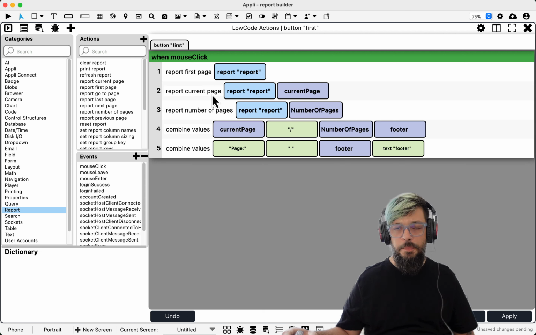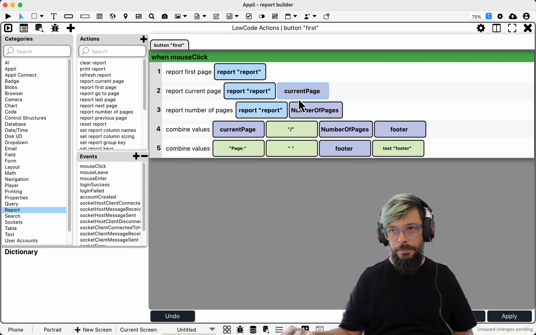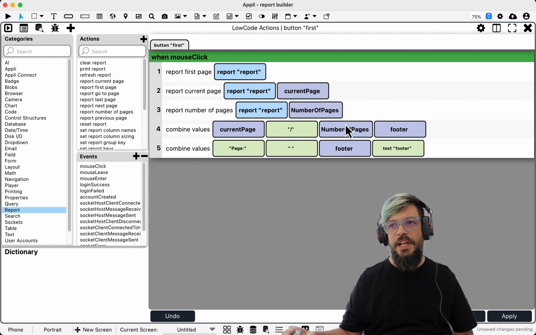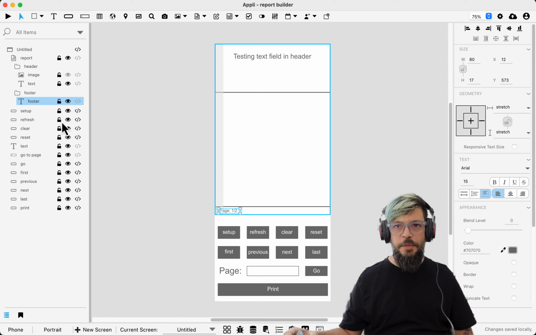So report current page will pick whichever page we are currently on the report and place it into a variable here. And report number of pages will pick the total amount of pages in the report and place it on a variable. And then what we are doing is manipulating those variables and setting it into the text footer. This kind of workflow here is what calculates the footer. We can see the footer here. It's this one. It's part of the footer group,